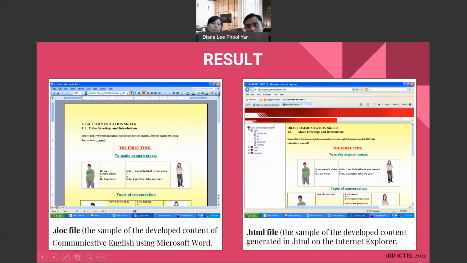And here is the HTML file we developed, the sample developed in HTML on Internet Explorer. What we want to share here is the same as the document, but on the left-hand side we can control it, say move to 1.1, 1.2, and so on, based on the input we have put inside the tools.